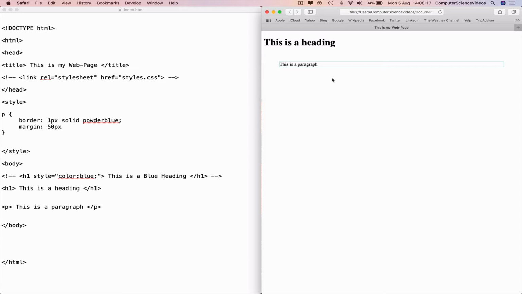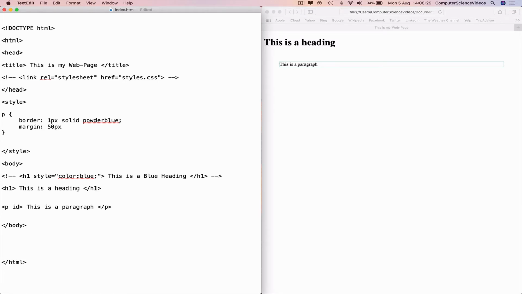So if we say in the body and the paragraph less than P ID equals speech marks P01, greater than, this is a paragraph, and then less than /P greater than, and now we can go to the style tag in the paragraph, change this P to hashtag P01,